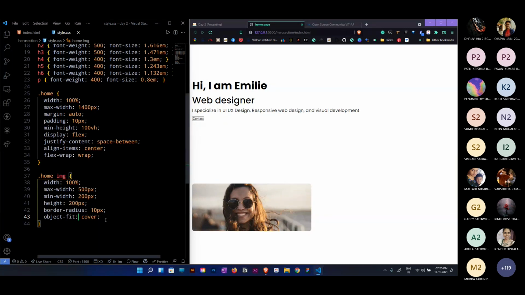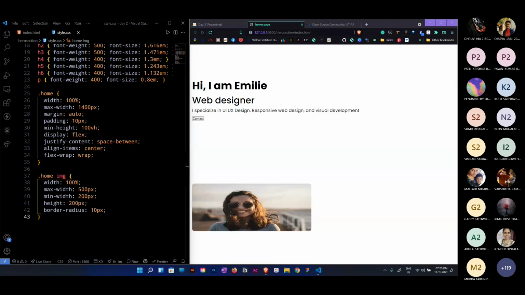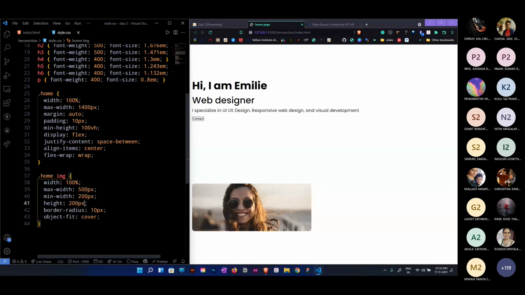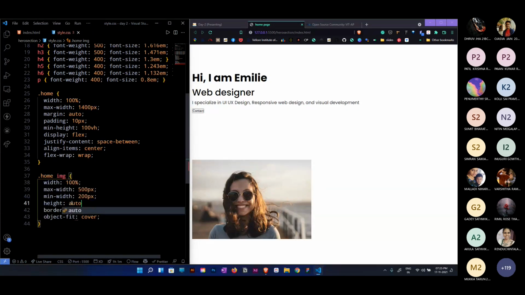I recommend using this particular property for all the images you use on your websites, and I will just make this auto again. So I have removed it. Auto and semicolon. Perfect. And now just observe these two things. After applying these two styles, Flexbox will be clear in this concept.